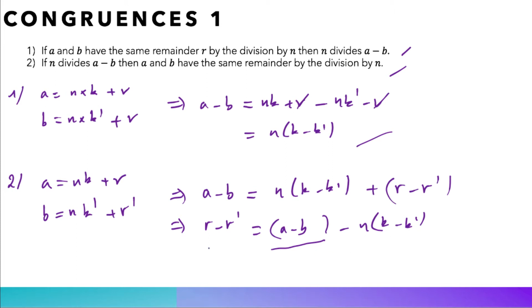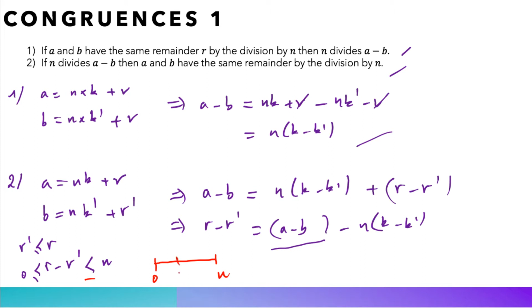Now let me remind you that we would like to prove that r is equal to r prime, which means that r minus r prime is equal to 0. And to do this, and without loss of generality, one can suppose that r prime is lesser than r, which implies that r minus r prime is greater than 0, but it is also actually strictly lesser than n, and this second inequality here follows from the fact that actually r and r prime are both lesser strictly than n,